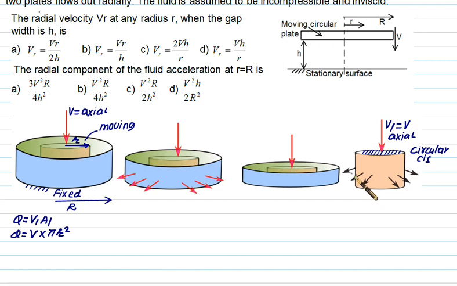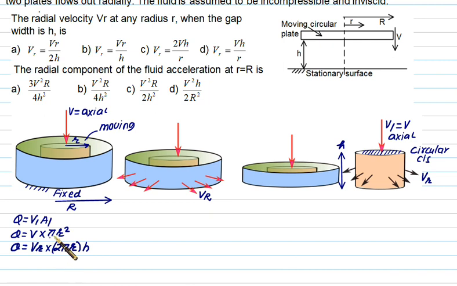When the disc moves, the fluid will move radially outward and this will be the radial velocity. At radius r we write lowercase r, and at capital R we write v suffix capital R. So this velocity is V capital R. The same discharge will pass through this circumferential area, which has a height equal to h. So circumferential area multiplied by Vr will be the same discharge. We have q equal to Vr into 2 pi r into h.